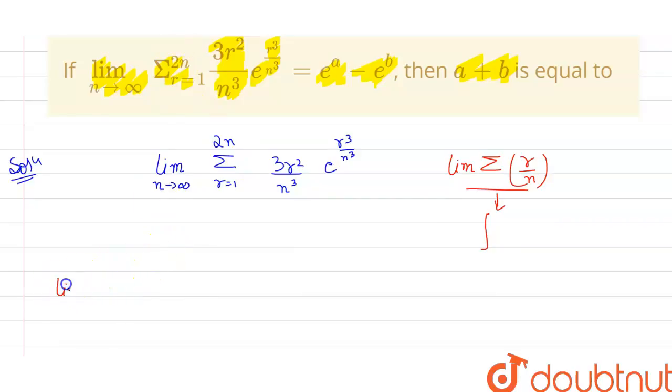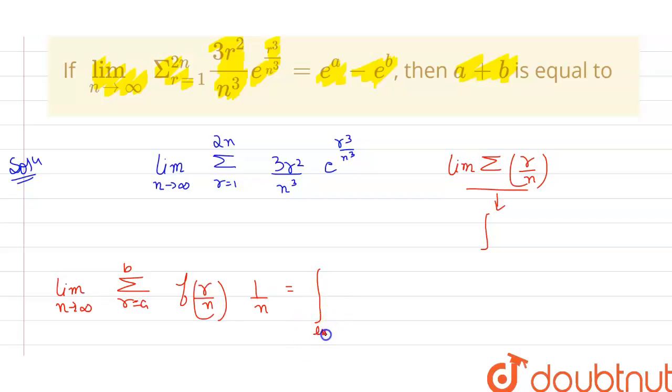There's a property, or general case we can say, which says that if my function is given as limit n tends to infinity, sigma where r varies from a value to b value, this is a general function, and the function is given in terms of r by n and is the product of 1 by n. This is always equal, in terms of integration, to